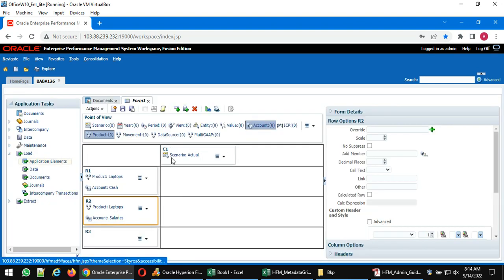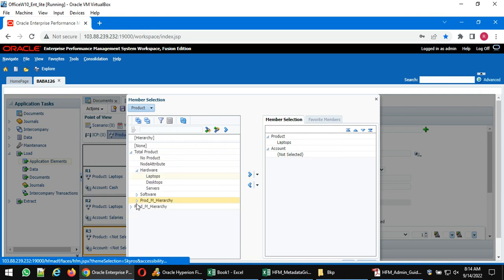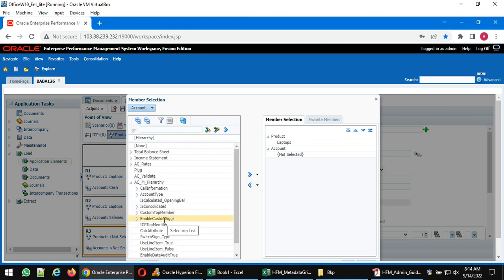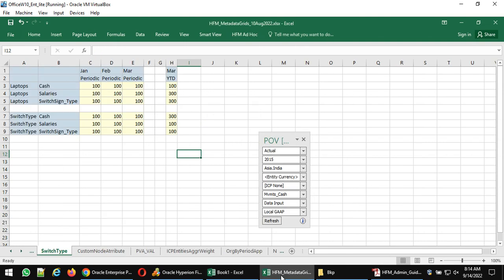Okay, again add row, again product, again account. In product I take laptops, and then in account dimension I take switch type. Now switch type, correct, right? Sorry, here laptops, salaries, switch type. Yes,